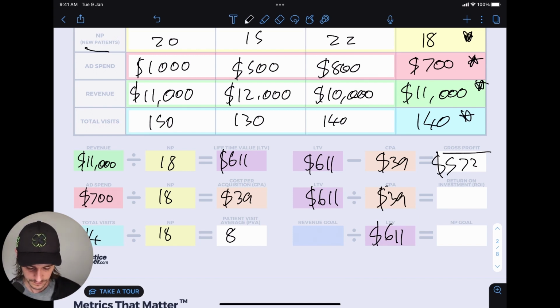So I made $611 and it cost me $39 to get that client. So my gross profit is $572, meaning all of the money that I generated,